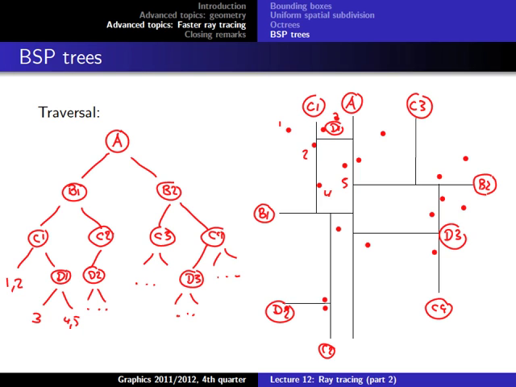But most importantly, it is of course an easy way to check the traversal. So for example, if we have a ray that we start shooting here in that direction, then we see it intersects with the right side of A. So we know it doesn't intersect with the left side, so we can ignore that branch, but we explore this area here. And then we see it intersects with this part of C3, but it doesn't intersect with